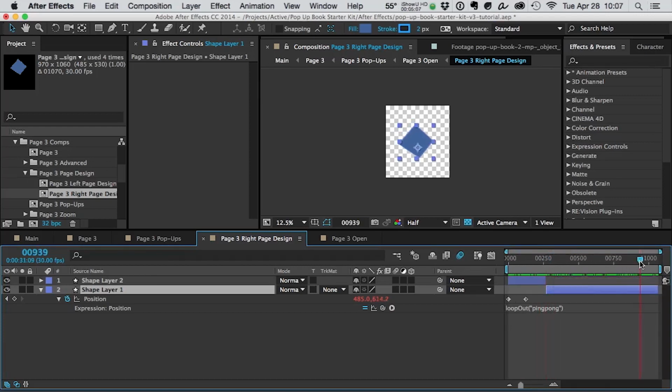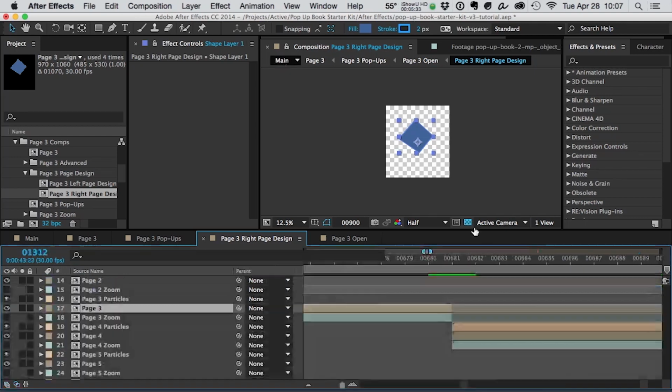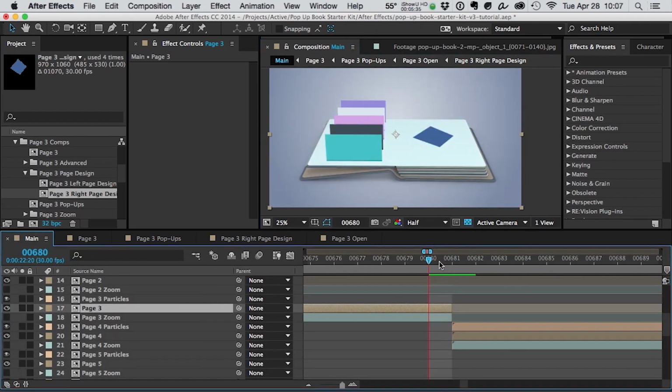Now all we have to do is go to frame 900, exactly 900. So you can see on the left hand side, and I'm going to use the page up and page down to get exact on there. And then I'm going to hit the left bracket to make sure that exactly on frame 900, the layer is starting. Okay, now we can go back to our main comp, and you can see if we go forward 1 frame, that it's working perfectly. Our page design doesn't jump at all. So for most people, you probably won't even need to have an animated design, but just in case you do,